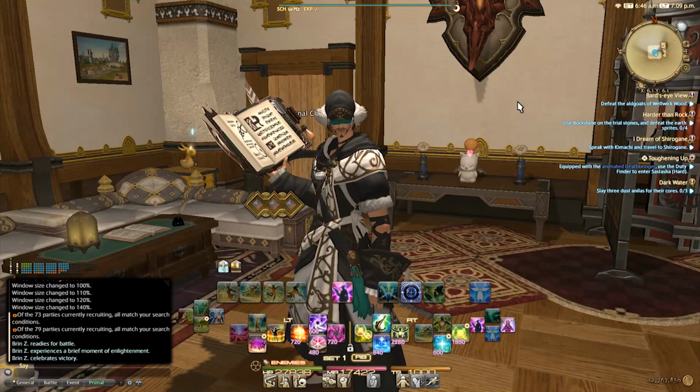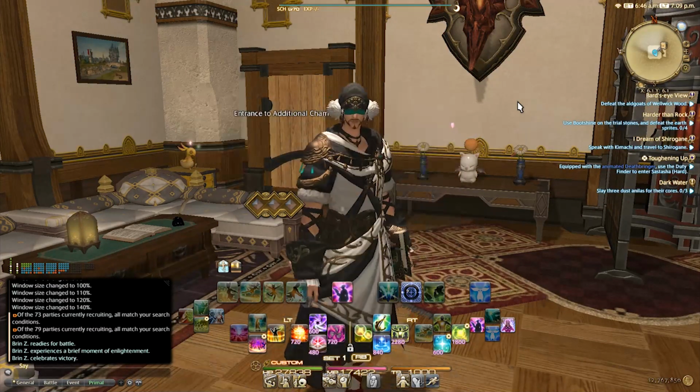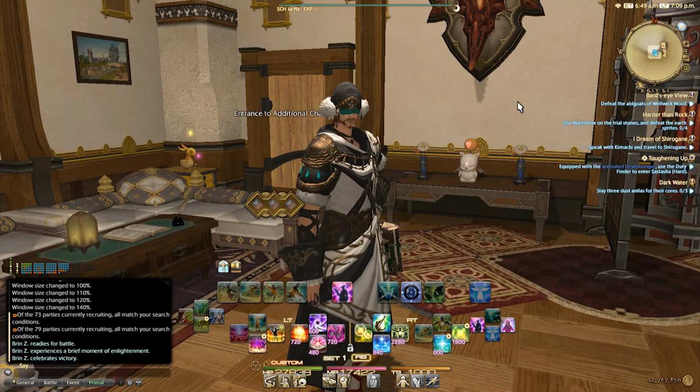We're going to go over my layout, my hotbar layouts, and hopefully help give you some ideas of how you might want to set up your Scholar. Now this is hopefully just for recommendation. Feel free to set yourself up any which way you want. At the end of the day, it's about muscle memory and it's about knowing where your abilities are. So if I can help inspire you or bring some insight to that, that is the goal of this guide.